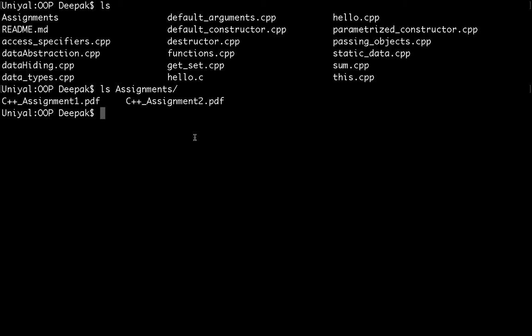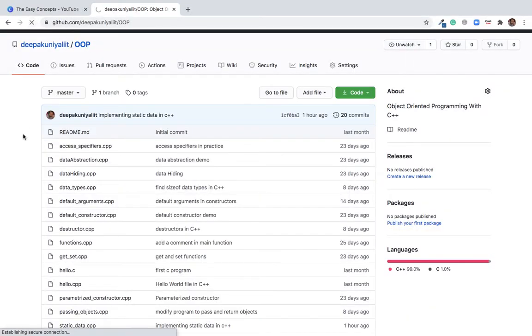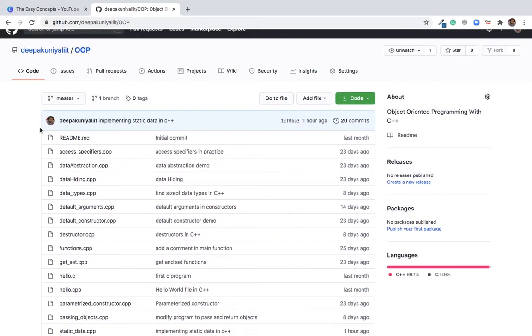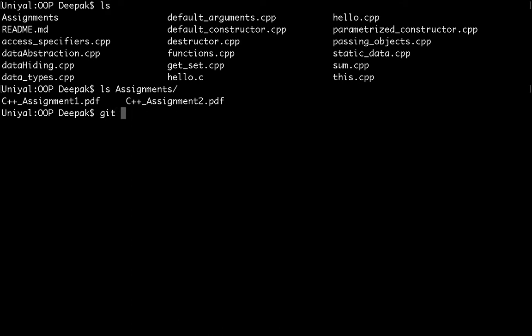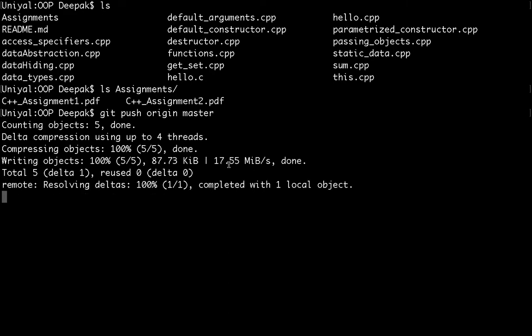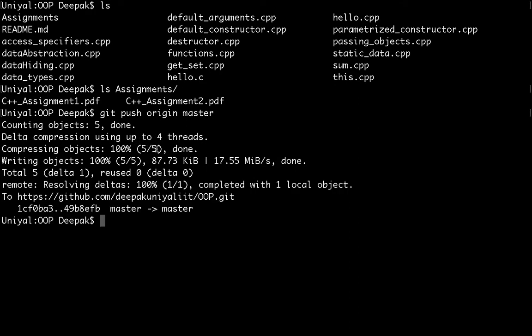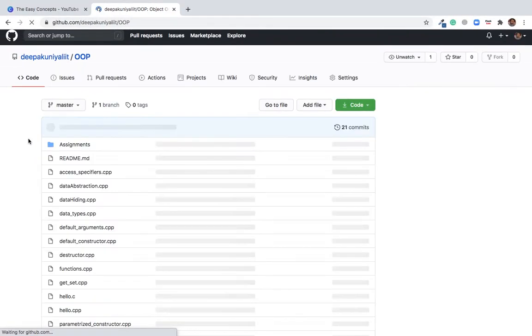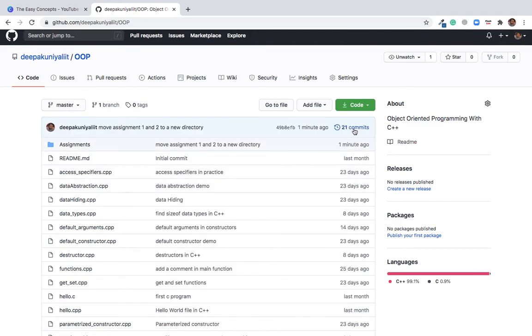And I will show you my GitHub account now. If I refresh it, I will not find those folder and files here, just because I have not pushed that code. And here we can see 20 commits, and last commit was 1 hour before. So let me push that code, and I have to push it to origin master, and now it will push all the code to the server, right? So there are at least 3 commits, I think, or 2 commits which I have not pushed, or maybe one. I am not remembering that at this moment. Okay, there is only one commit.